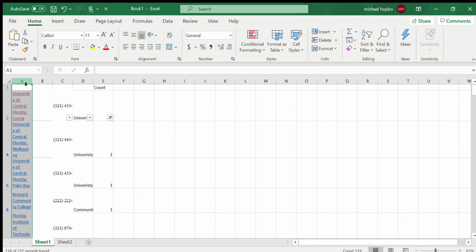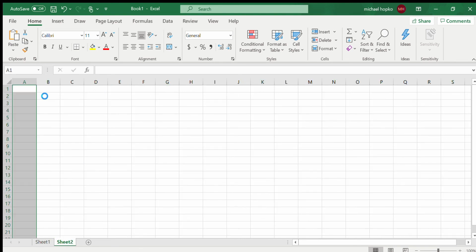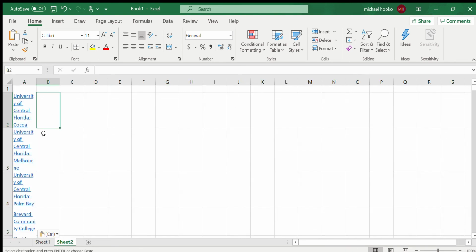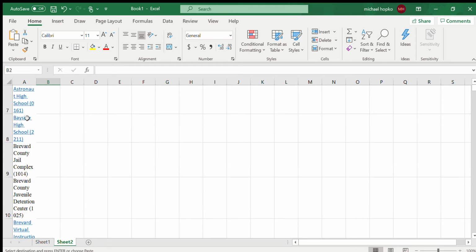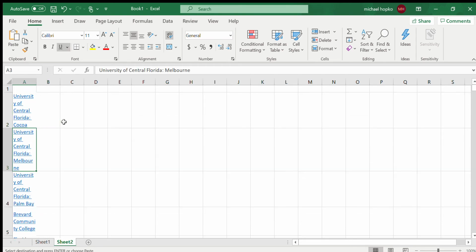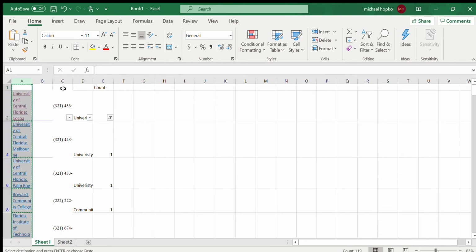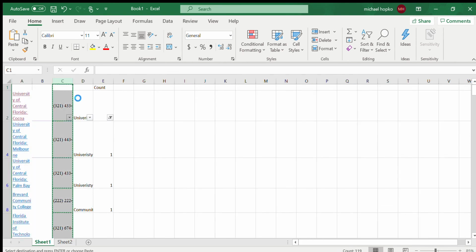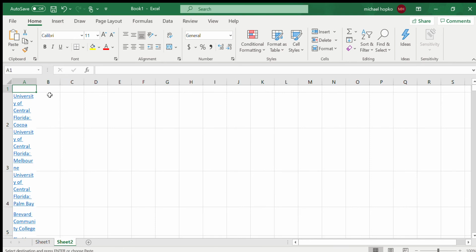So then we can highlight column A as in just the entire column and copy and paste it onto a different sheet. Now this will paste into every single row. It won't skip lines like the original file. So we got that. Go ahead and do the same with column C for your phone numbers.